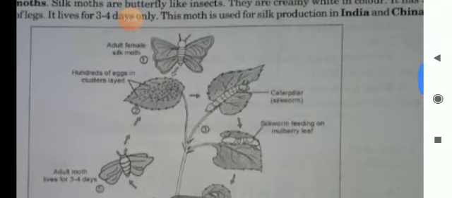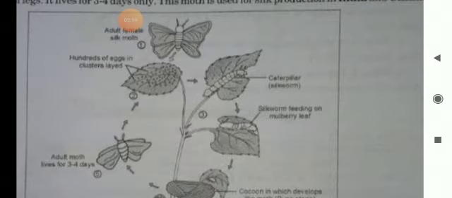Then she lays eggs on mulberry leaves, see in figure number 2, where the eggs are laid by the female silk moth. She lays 300 to 400 eggs at a time. Then the third figure represents the caterpillar, the silkworm. After some time, these eggs convert into caterpillars